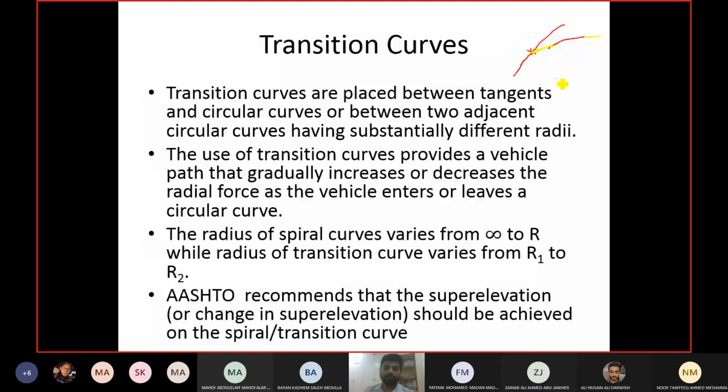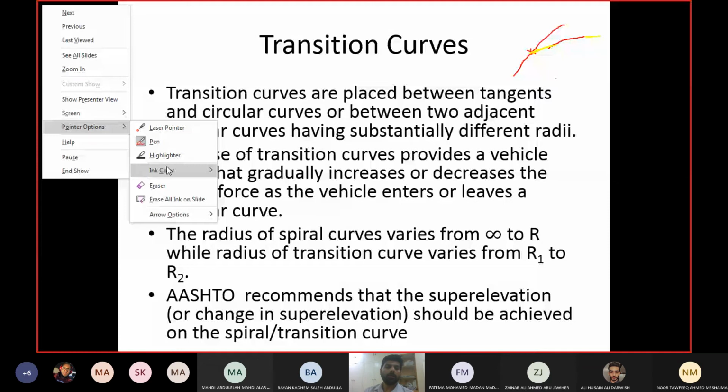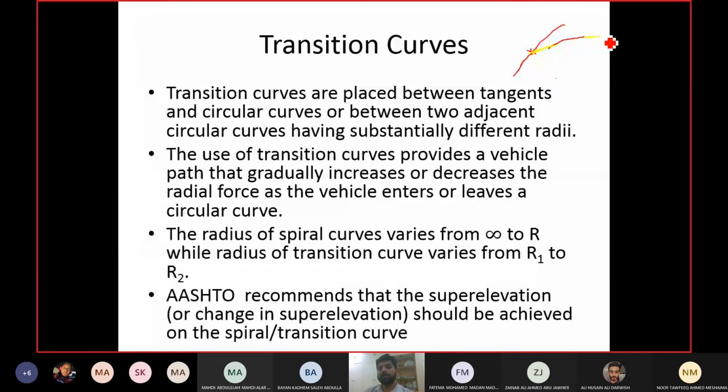If it is meeting with another circular curve, then it will be like this. So you have the spiral curve, the transition curve, and then you have the next circular curve. This spiral curve is changing your radius from r1 to r2. So the initial radius of this transition curve will be r1, and the final radius will be r2. Again from r1 to r2 it will go gradually. If this curve was not there, then you would have to shift from r1 to r2 at the point PCC. Remember, point of compound curve.